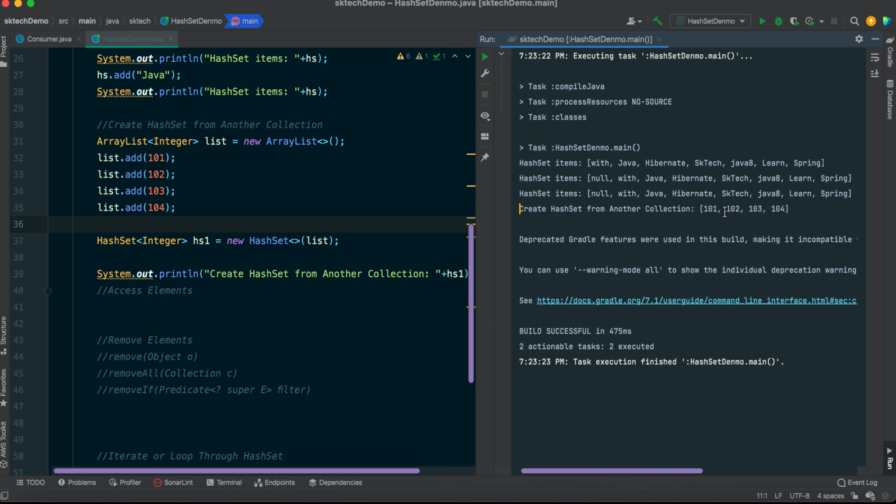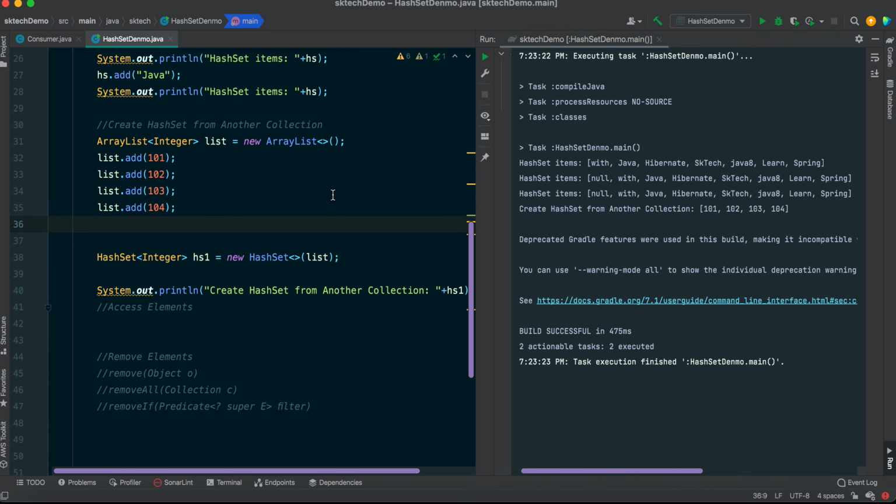Yeah, so we can see that this HashSet has been created, and it has also been initialized with the list of elements, or you can say the collection of elements, that we passed as an argument. So this is another way of creating the HashSet. If we have some different kind of collection and we want to create a HashSet from the existing collection, we will be able to do it. One advantage could be, let's say ArrayList can allow duplicate elements, right? We know that property of ArrayList from our previous video.